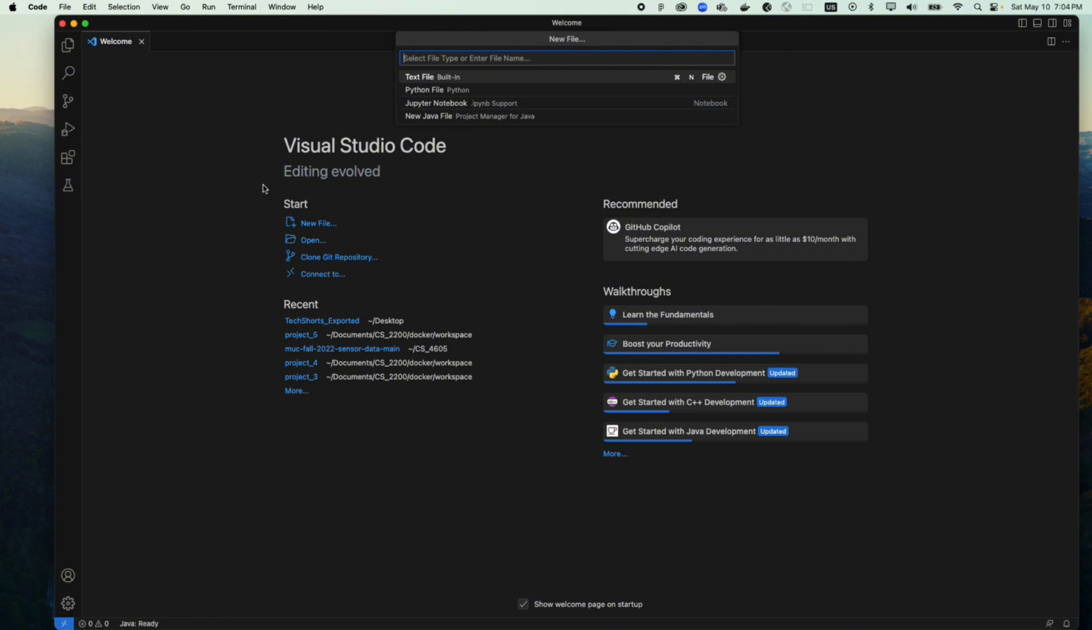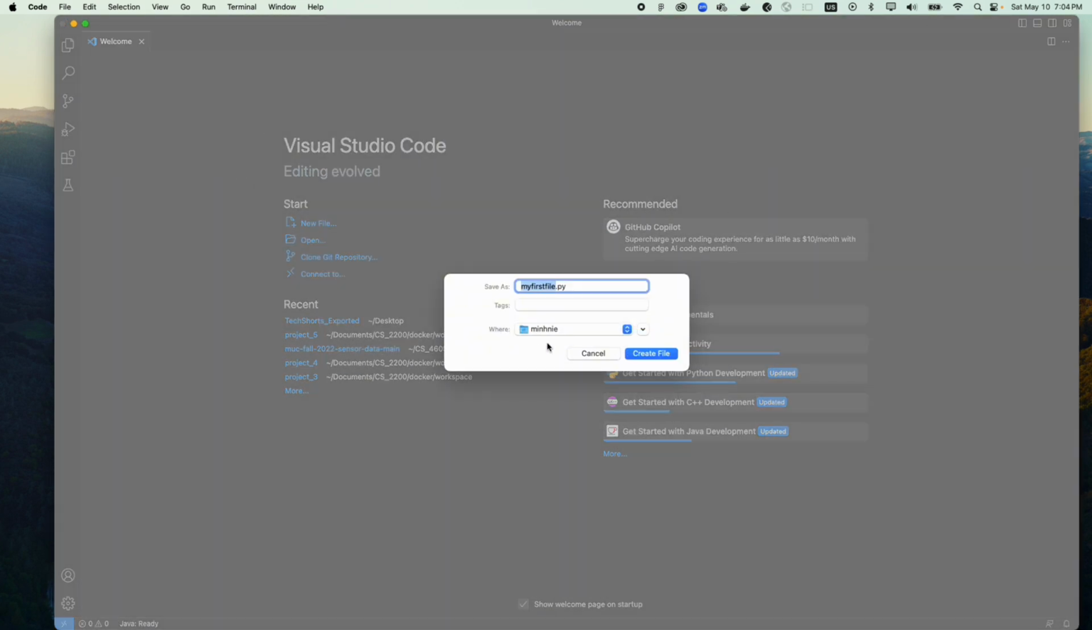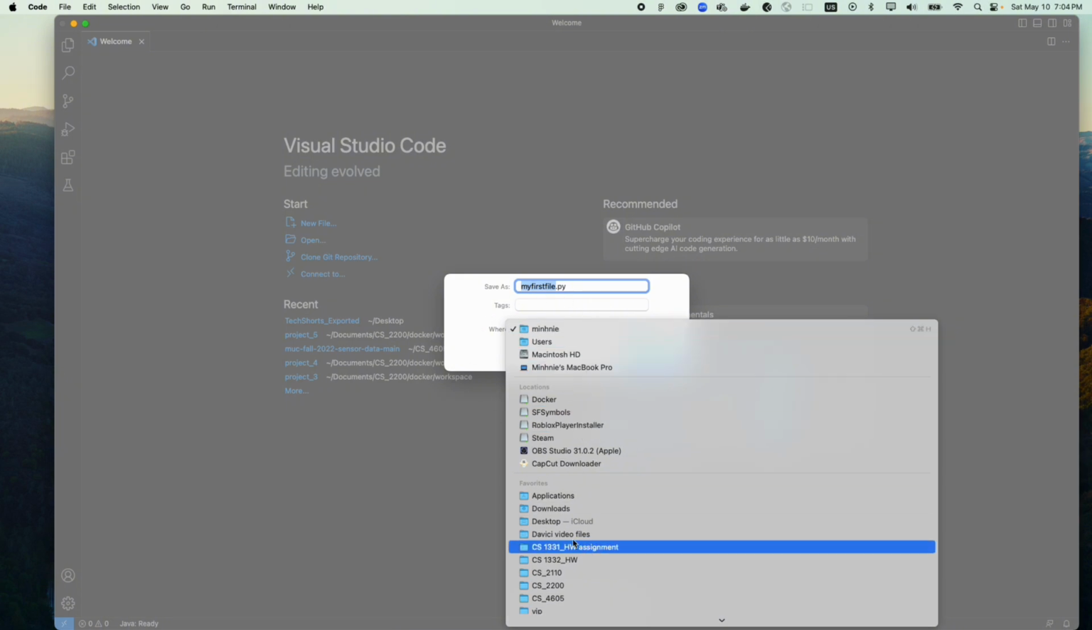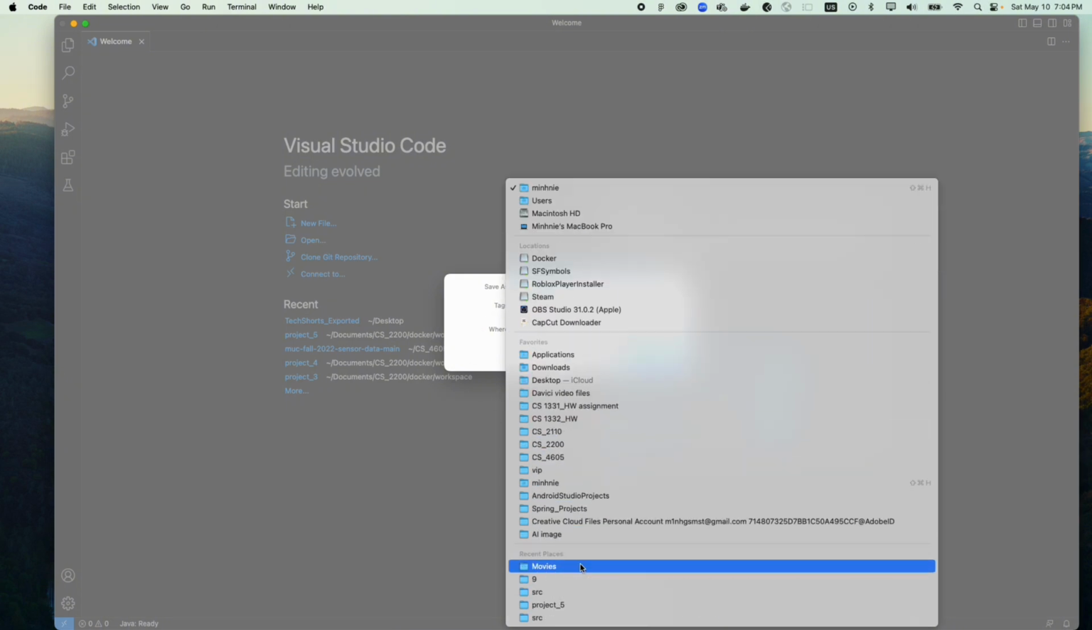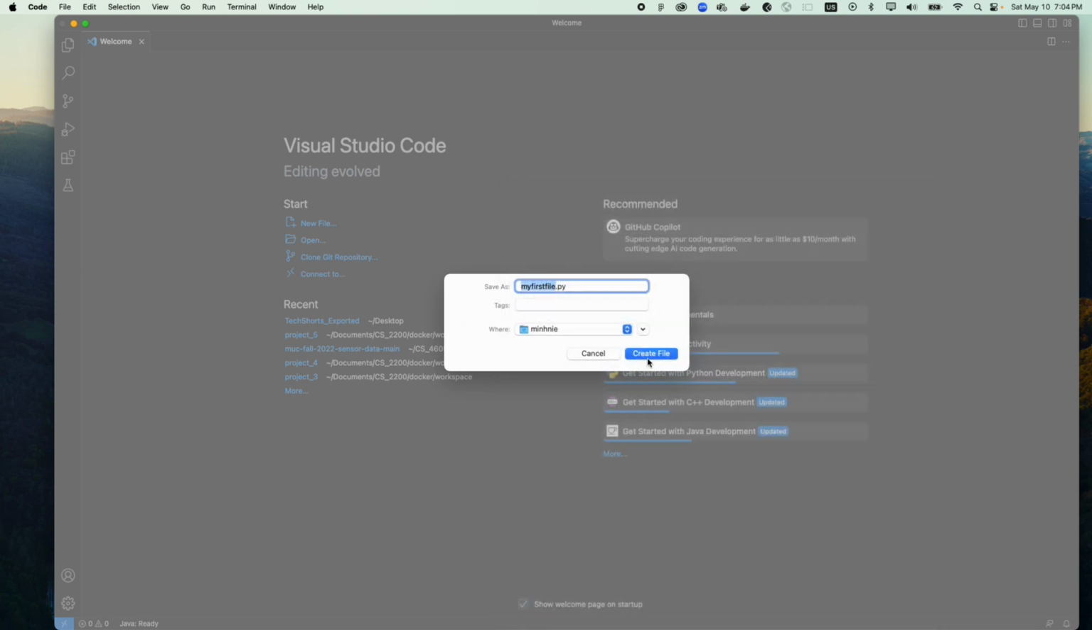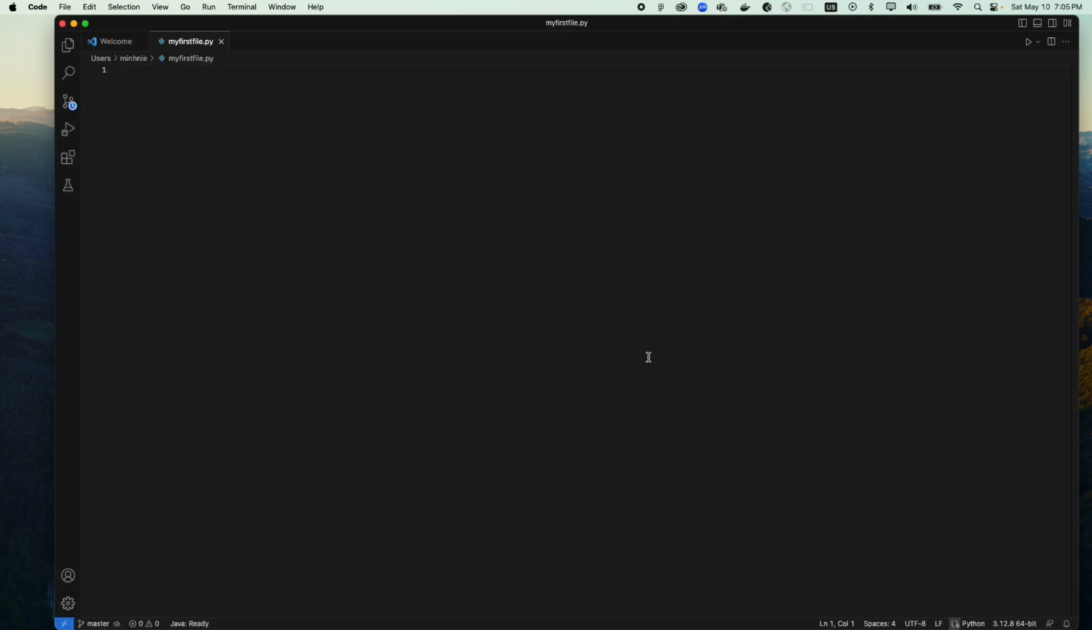let's say my first file, and then click .py, and you can save it literally anywhere. Let's say I want to save it into, yeah, you can save it literally anywhere, and you want to click on Create File, and this is your